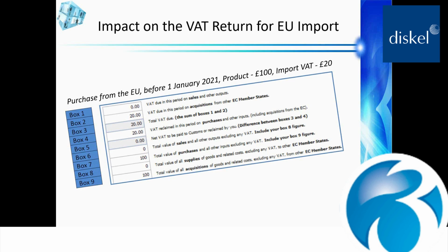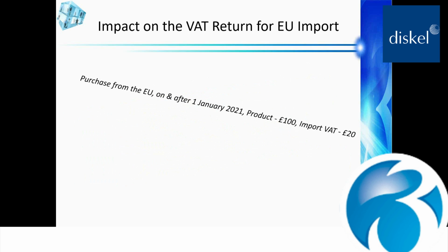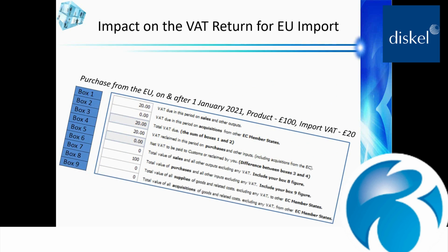However, purchases from the EU on or after the 1st of January with the same values have a key set of differences. As you can see, box 1 is now populated with the VAT due in this period, and box 7 has the total value of purchases. Purchases from the EU are treated the same as purchases from the rest of the world, and what we mean by that is box 2 is no longer used for acquisitions from other EU member states. When a trader imports from the EU, they will still need to produce an Intrastat report, but for arrivals only,